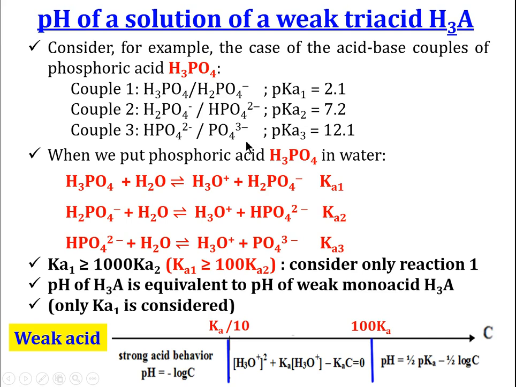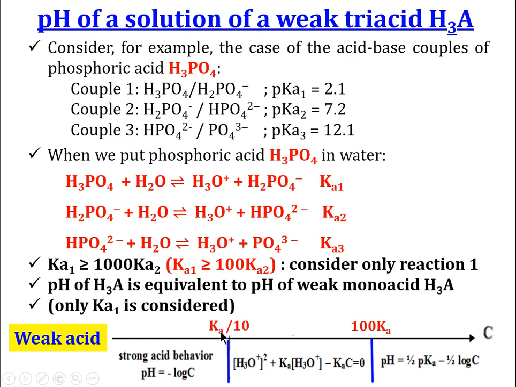We have to compare the initial concentration of phosphoric acid with the value Ka1 over 10 or 100 Ka1. If the initial concentration of phosphoric acid is greater than 100 times Ka, we apply pH equal half pKa1 minus half log C. If the initial concentration is less than Ka over 10, we apply pH equal